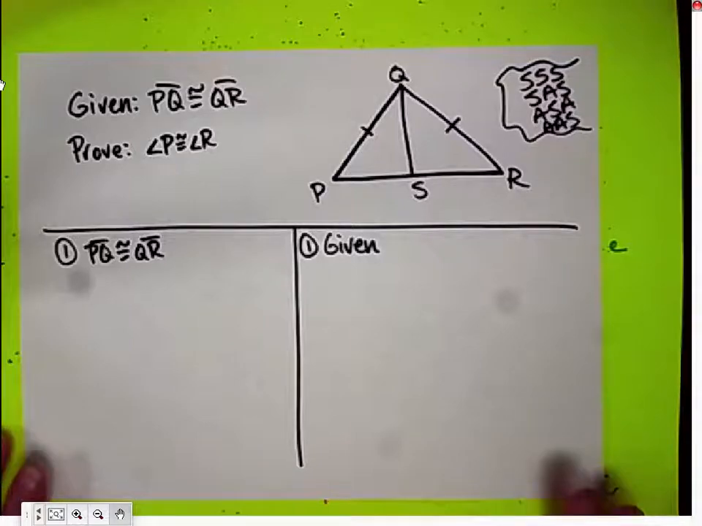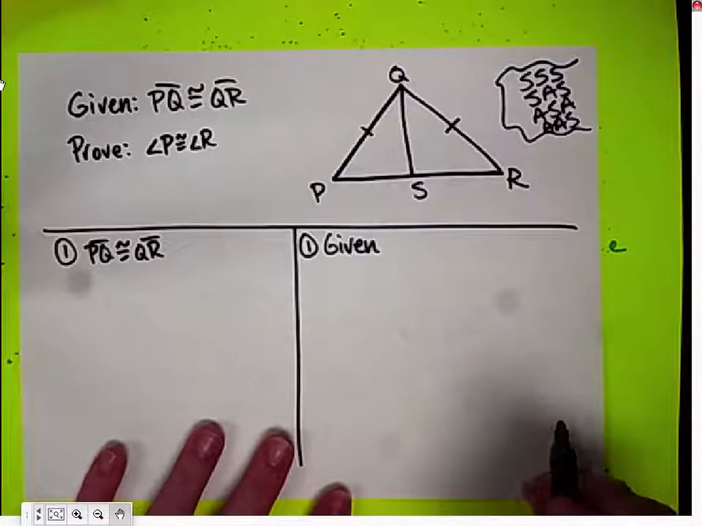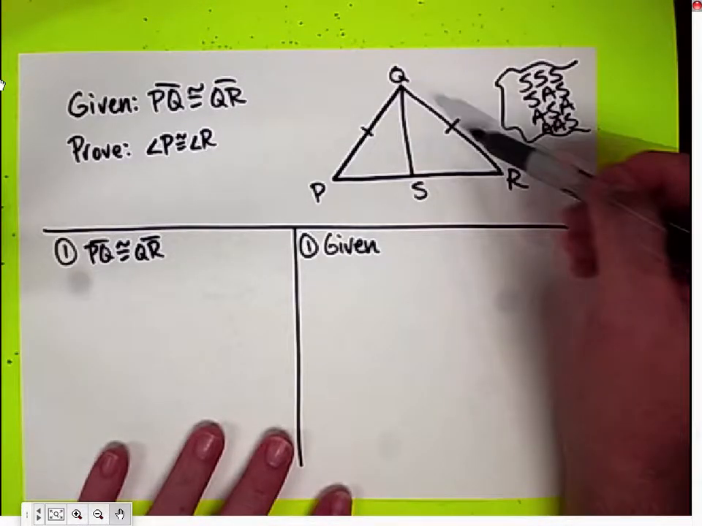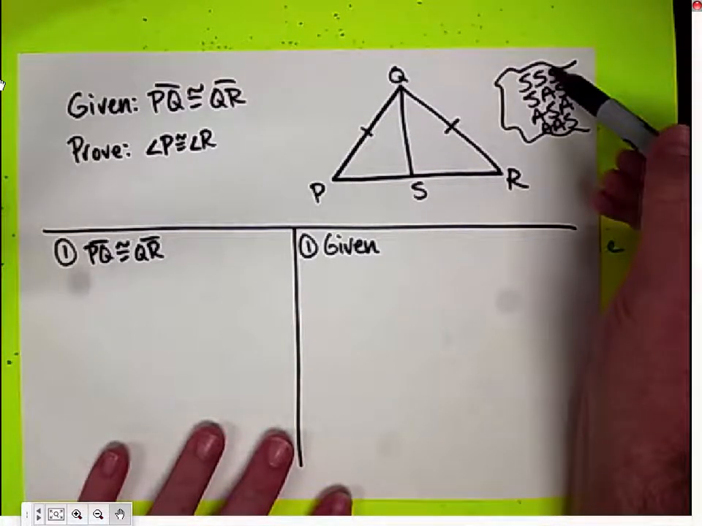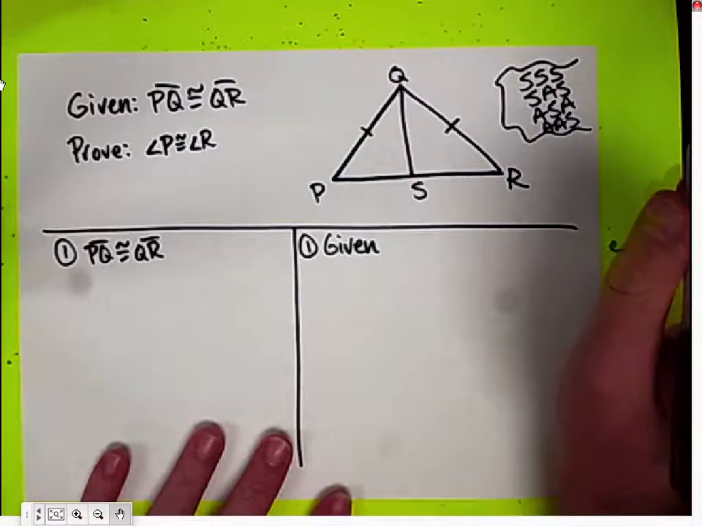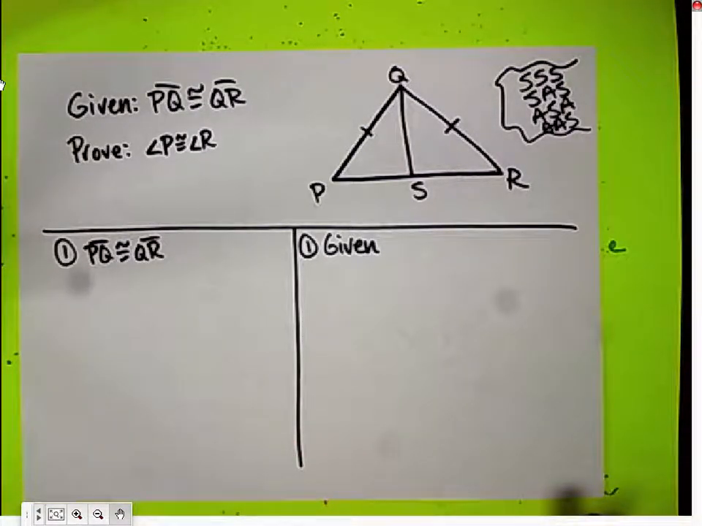So, what do we currently have? One side of this triangle is congruent to one side of that one. So, all of those are still options. Can we prove